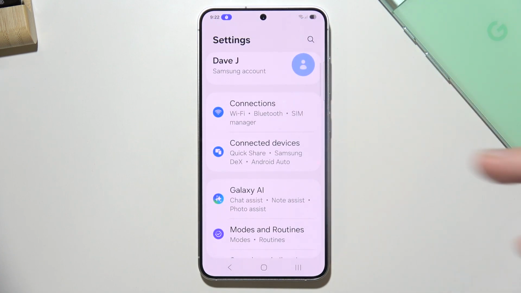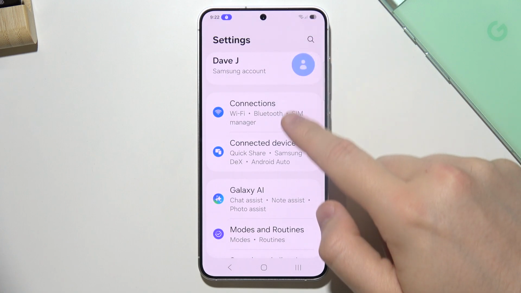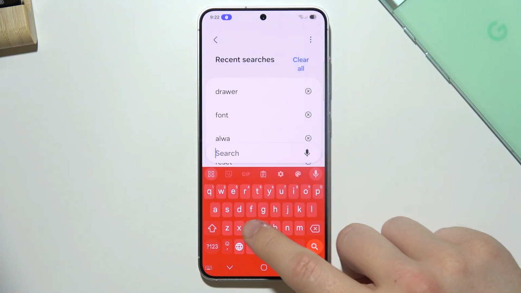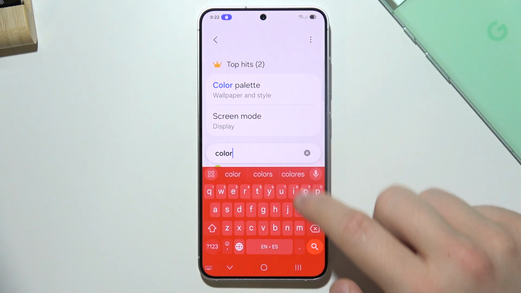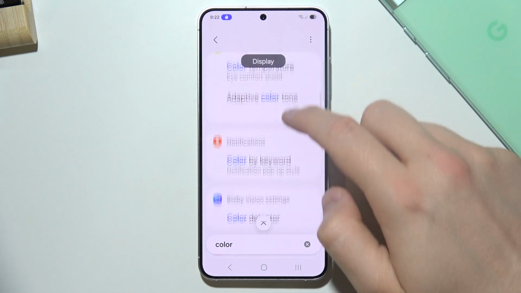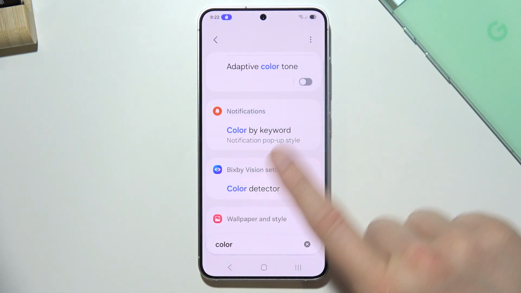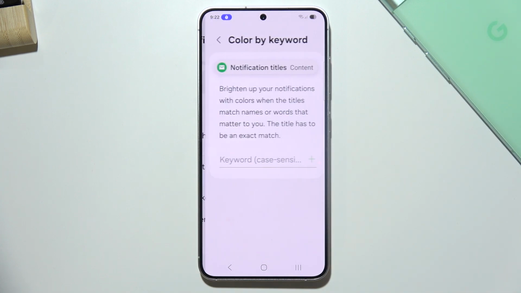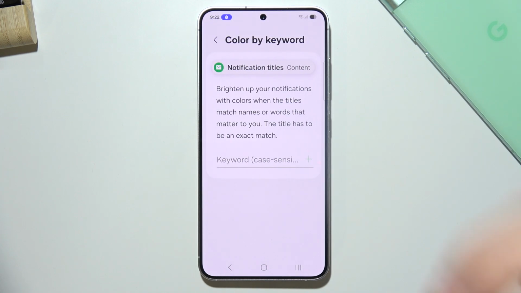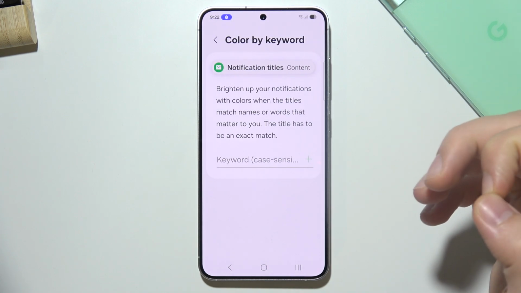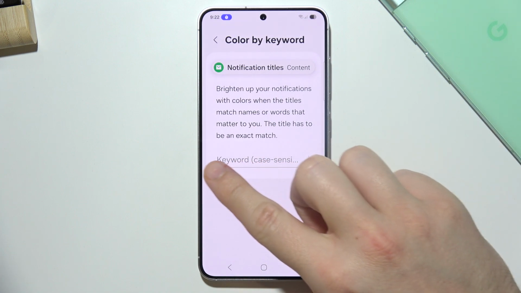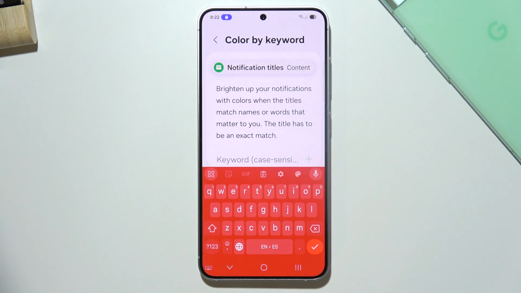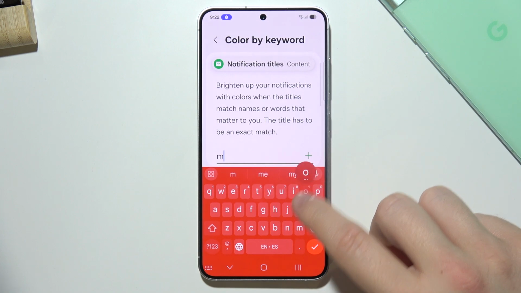set color by keyword. So when you go into settings and go to search, input this phrase color, and we have to search for this option, color by keyword. It will be available in notification settings. So what it does, basically it will brighten up your notifications with colors when the titles match names or words that matter to us. So if you are waiting for some messages with money